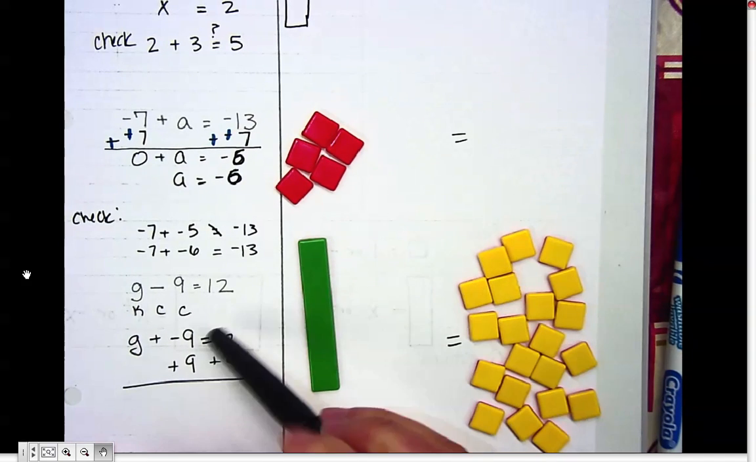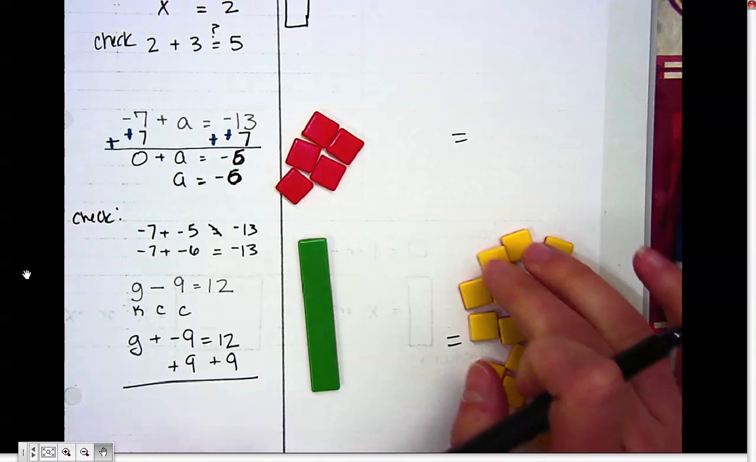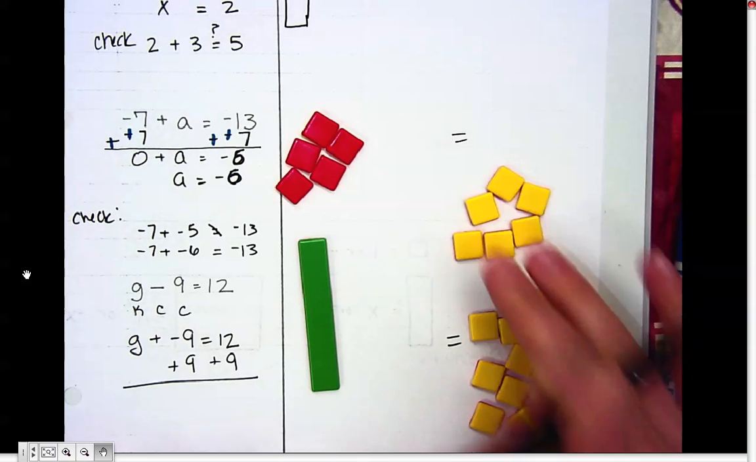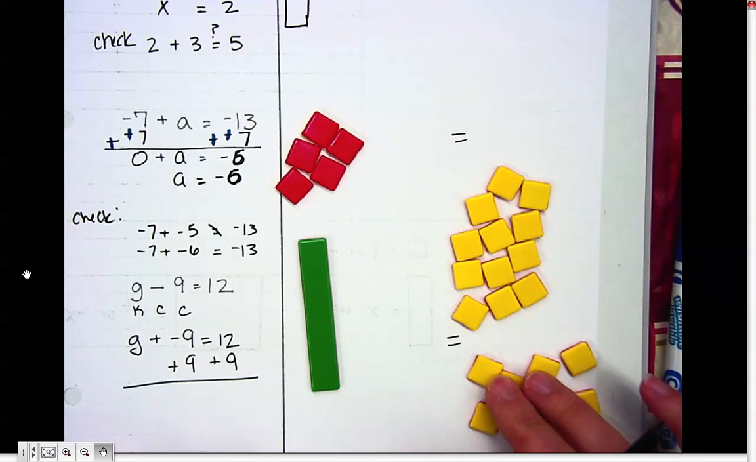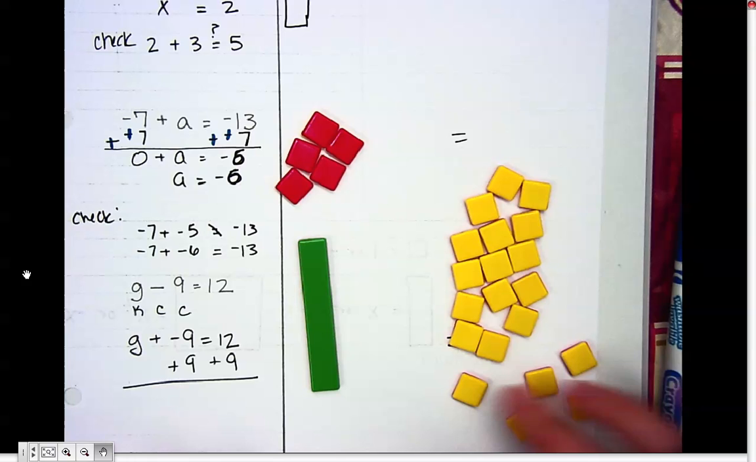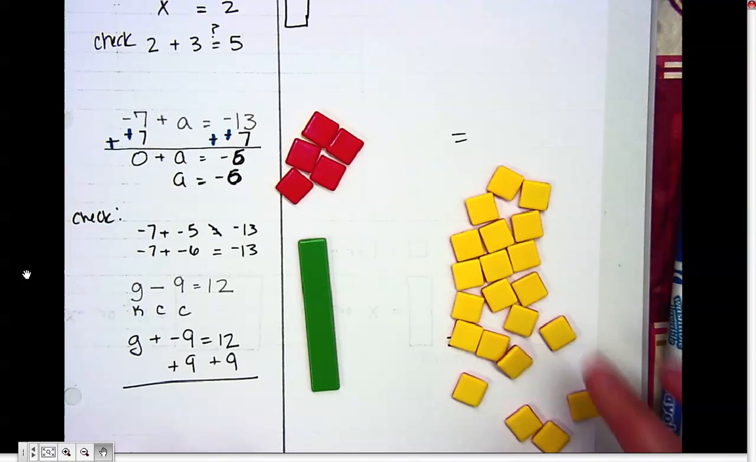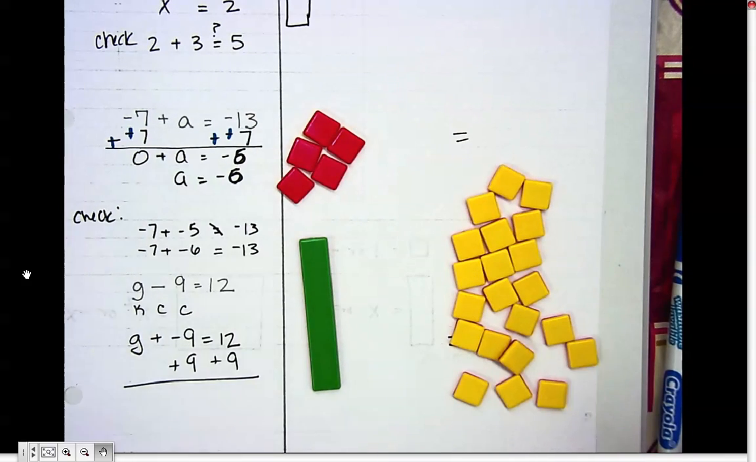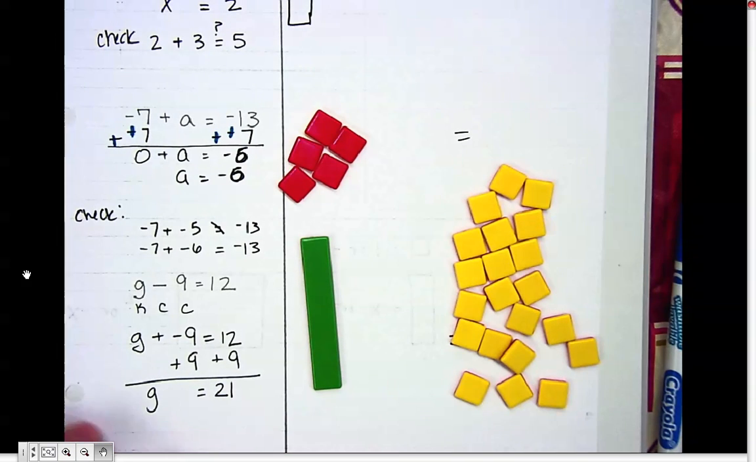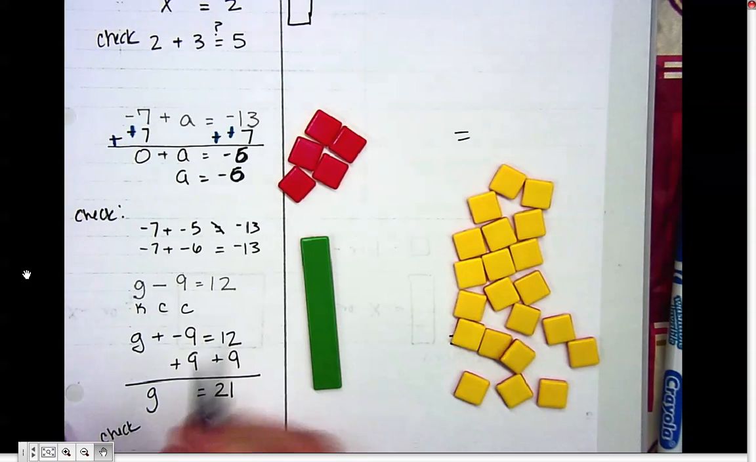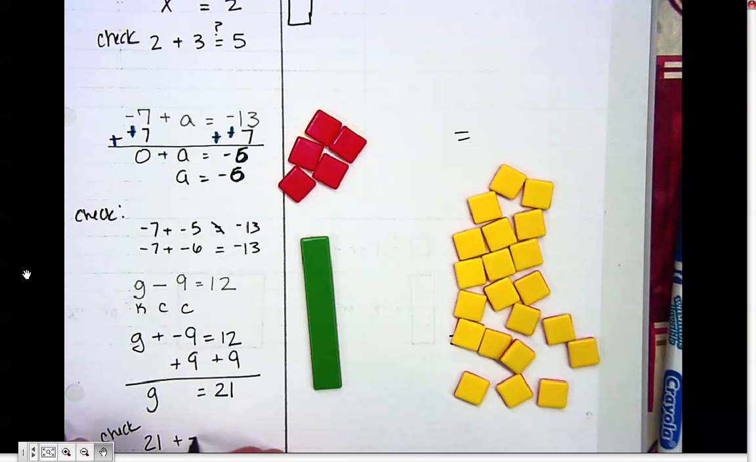So I should have 12 plus 9, which is going to be 17. So 3, 6, 9, 12, 15, 16, 17, 18, 19, 20, 21. 21. I don't know why I said 17. My brain isn't working today. But I was wrong, but I found my error by doing the problem. So G equals 21. Now I just need to check my work and say, is 21 plus negative 9 equal